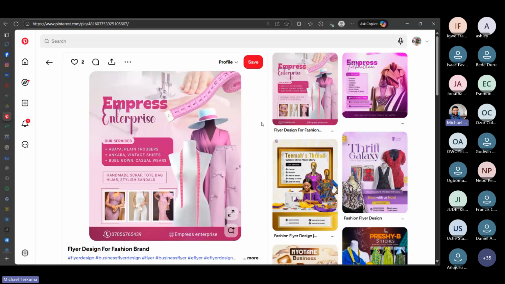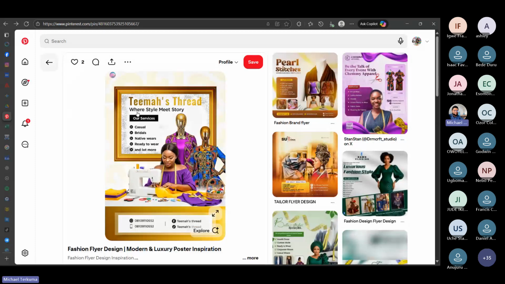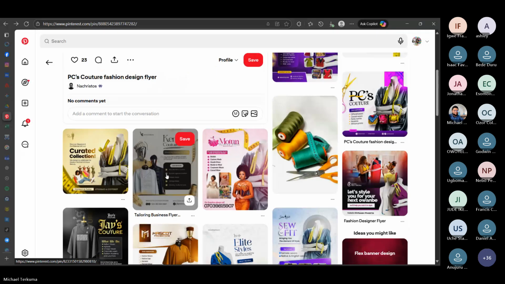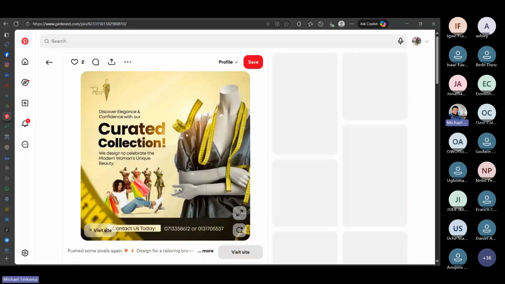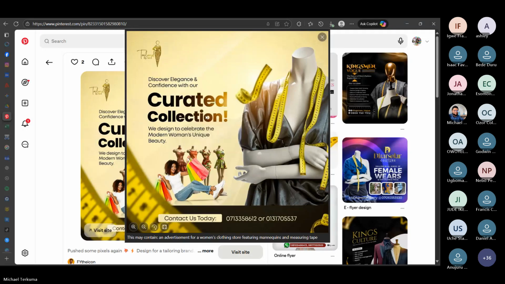I'm still collecting my mood board. When you are done with your different designs,